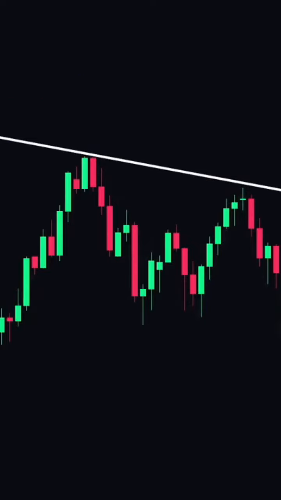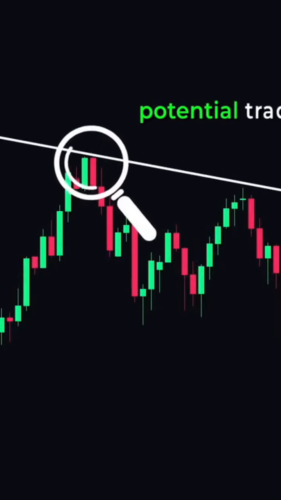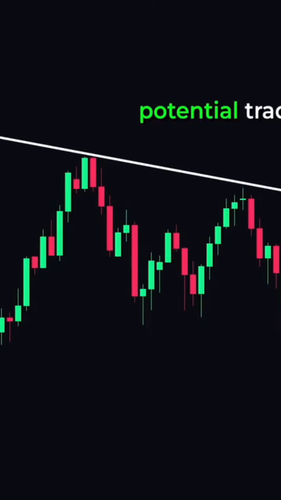Now, a question you might be asking is, can't we already tell where the overall market is heading just by looking at it? Why do we even need trend lines? The answer is simple. Trend lines do more than just show the trend. They also help us spot trade setups that we otherwise wouldn't have spotted if we looked at the charts with